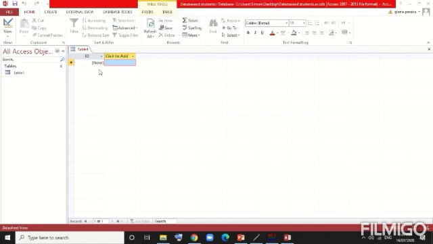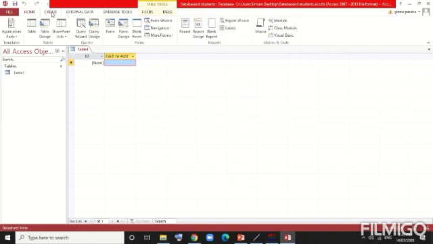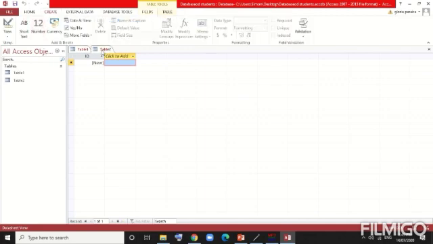Then the tabbed bar. This helps you display the database objects under separate tabs rather than overlapping windows as in the earlier versions. So this is basically a tab bar. Since we have already got Table 1, we have the table. Now if you add a new table, it will be available like Table 2, Table 3, like that. This way, however many tables are created will appear in this particular tab bar.